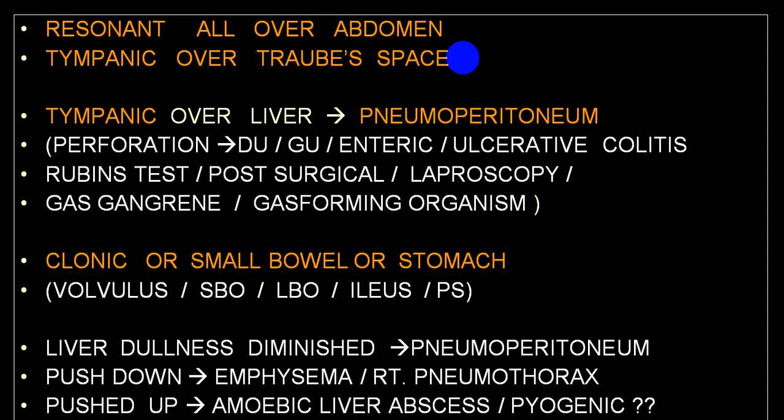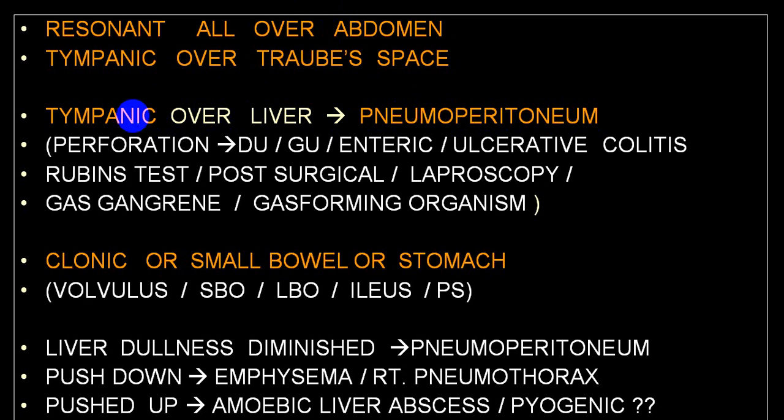So in carcinoma of the fundal part of the stomach, you will have absence of tympanic note in Traube's space. I've already mentioned that if there is free air in the abdomen, we usually use the word pneumoperitoneum, and air being lighter, it ascends up between the liver and diaphragm, and when it is present between the liver and diaphragm,